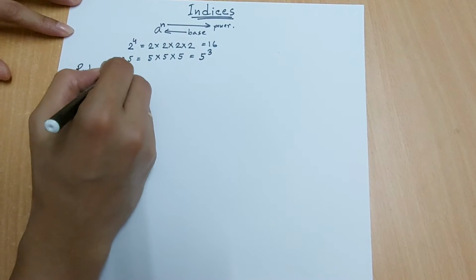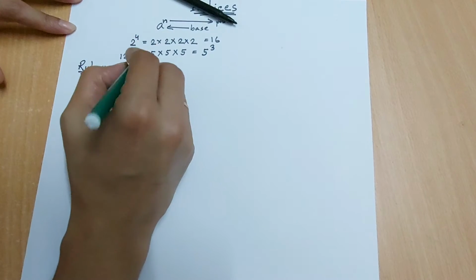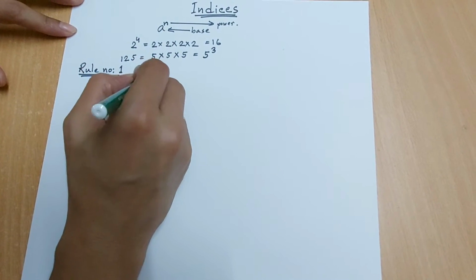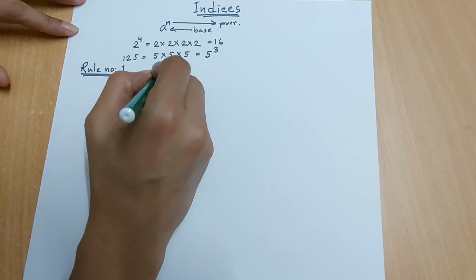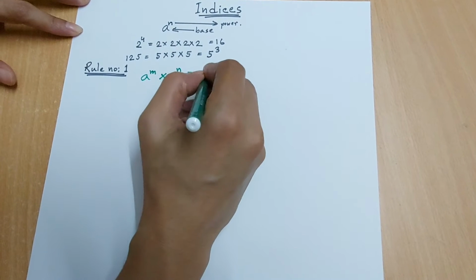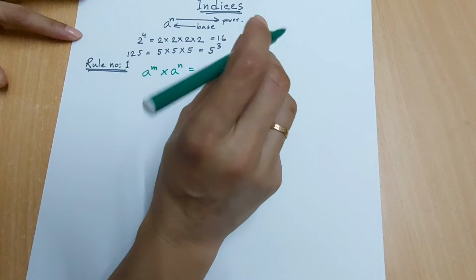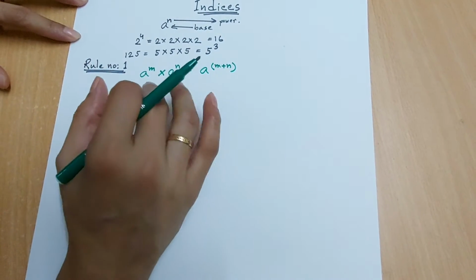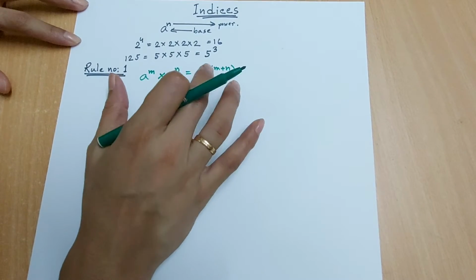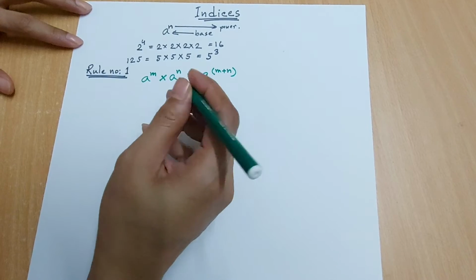Rule number 1 is a power m into a power n equals a power m plus n. That means when we multiply the same base, we just add up the powers together. For example,